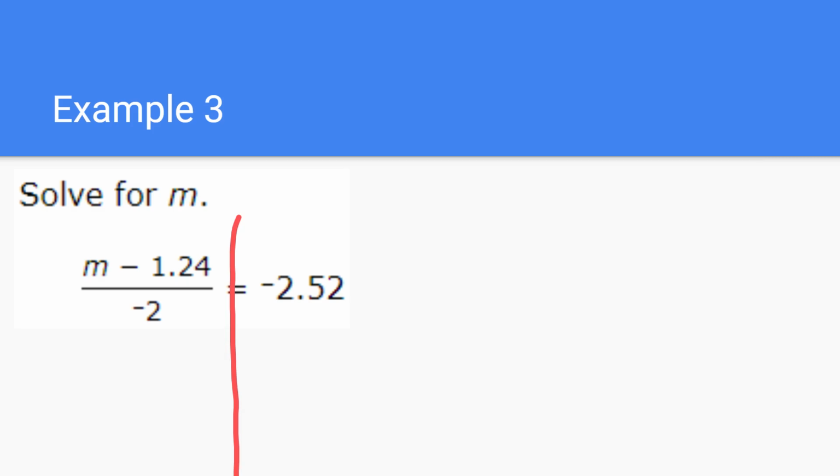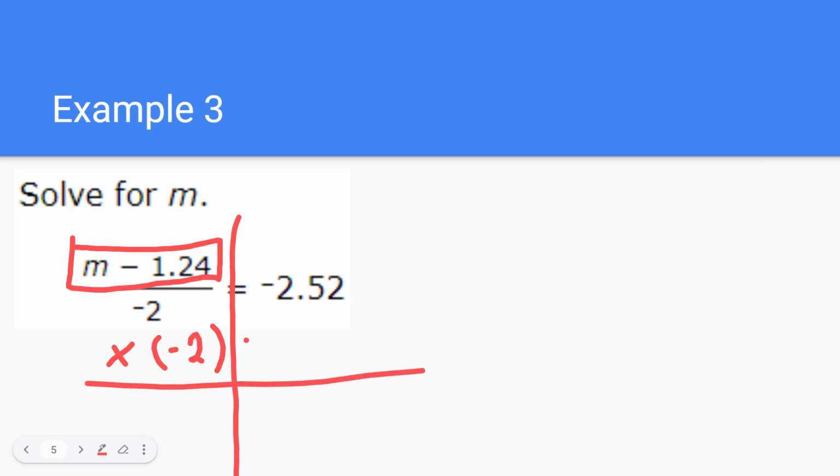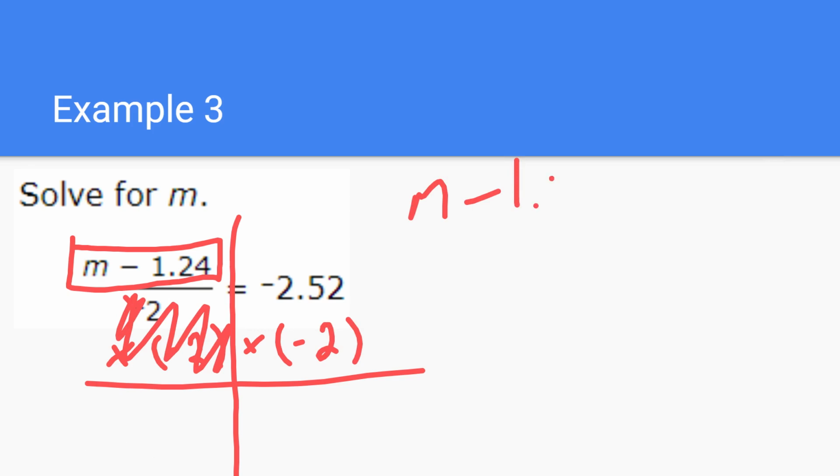So draw my river, box up my variable. I'm left with divided by -2. So instead, I'm going to multiply by -2. Y'all know I like to put my negative numbers in parentheses there. All right, so multiply both sides by -2. This over here is going to cancel out, and I'm left with m minus 1.24 equals whatever 2.52